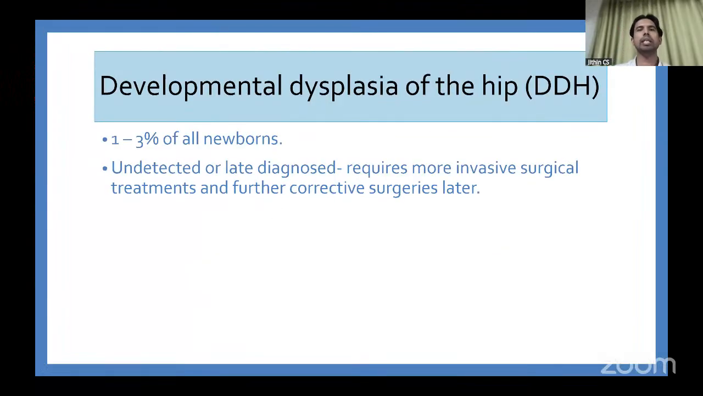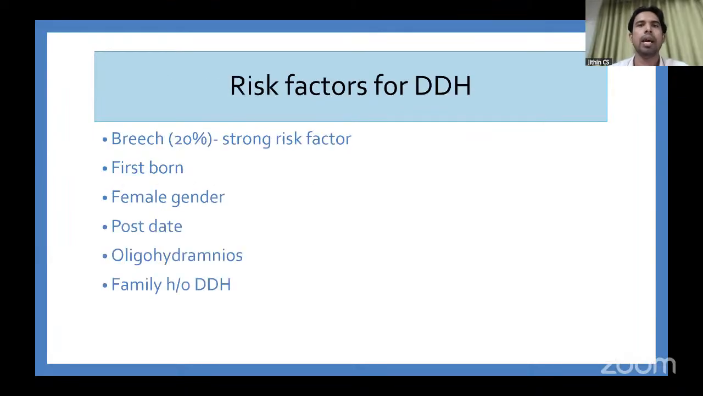Then coming to the developmental dysplasia of hip screen, we know that DDH is very important to be diagnosed early because undetected or late diagnosed cases require invasive surgical treatments, and sometimes they may go for staged corrective surgeries later on. The strong risk factors for DDH are breech, female gender, and a family history of DDH. In all such cases, we need to closely follow up the baby